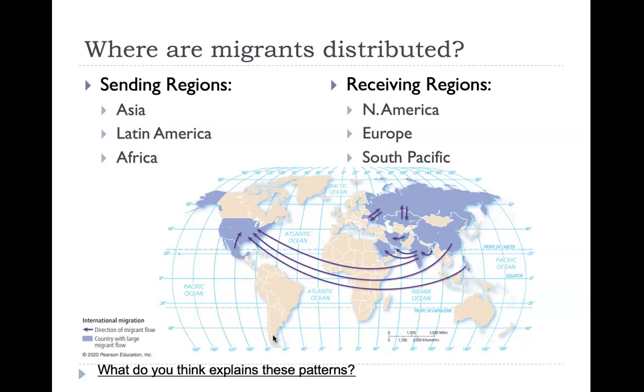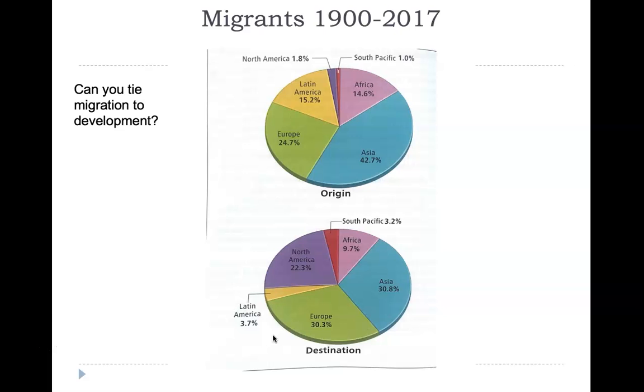People are going to seek out places where there's more economic opportunity, right? We look at the difference, migration to development, right? Their destination, we see countries of origin, Asia, Africa, Latin America, right? And then we see that shift as well, right? We look at the numbers going down in Asia, Africa, and Latin America, and we see them going up in places like Europe, North America, and the